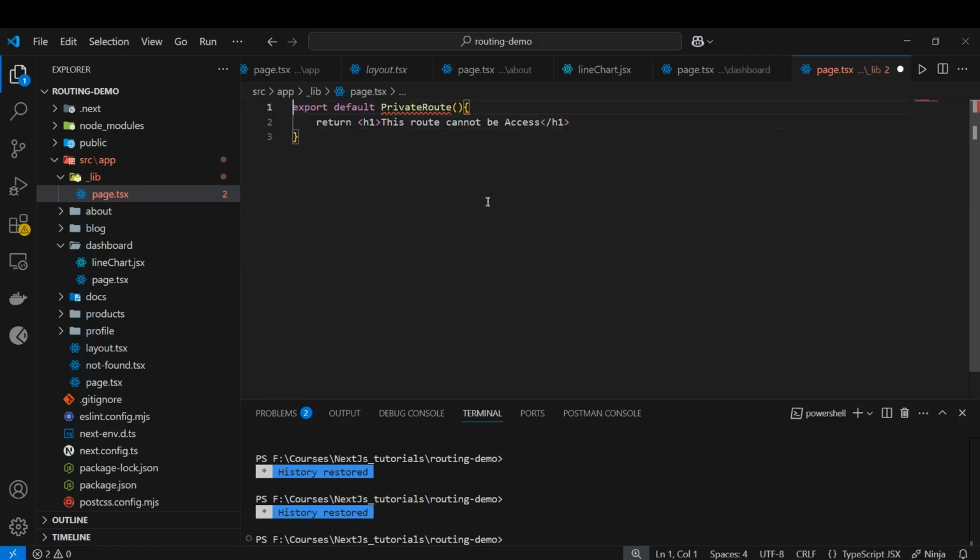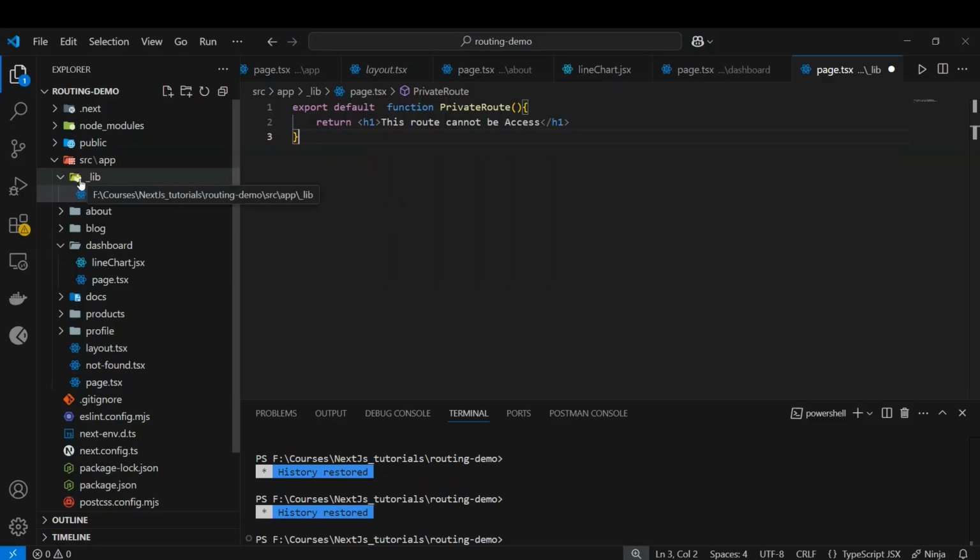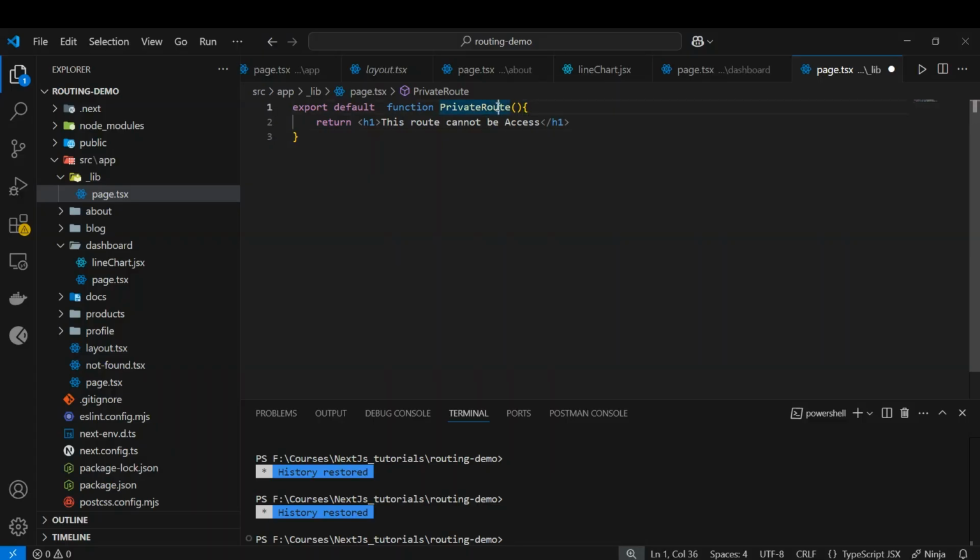We need to type the function keyword also, because it is a function. So this is a private folder, and export default function PrivateRoute returns the h1 tag: this route cannot be accessed.